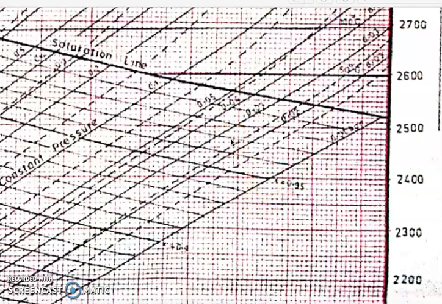If we need to find the dryness fraction at a certain point, like the point where I have used this cursor, I'll read the dryness fraction as 0.95, 0.96, 0.97, and above 0.97,